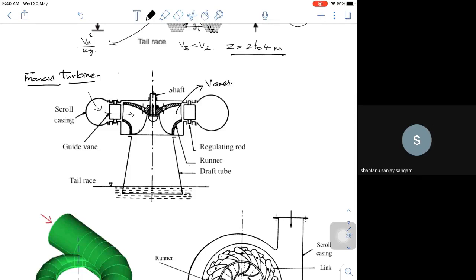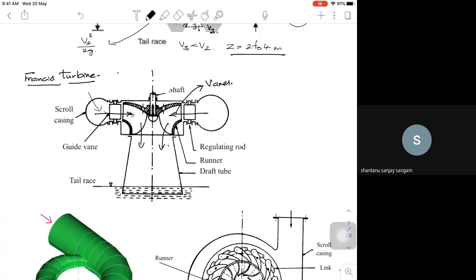What will happen? Look at this. This is a kind of turbine where the fluid enters radially in both directions. This is the direction in which the fluid will enter. Then it will take a turn. If it is exactly entering radially, it is a Francis turbine. In a modern Francis turbine, the fluid will enter at some angle. That is, it is neither radial nor axial. It's a mixture of both radial and axial, so it is inclined. That becomes your modern Francis turbine. And then the fluid goes out like this and reaches the tail race.